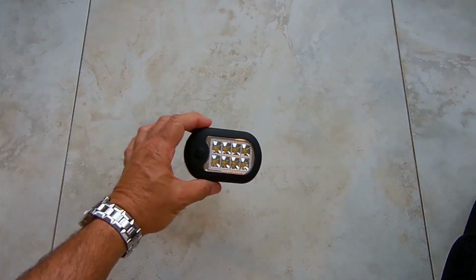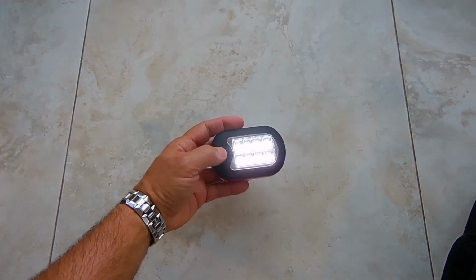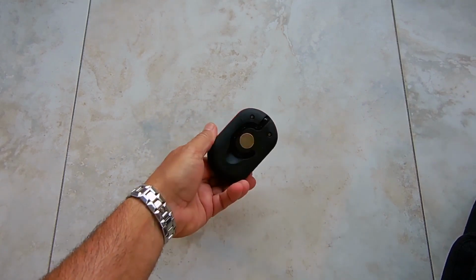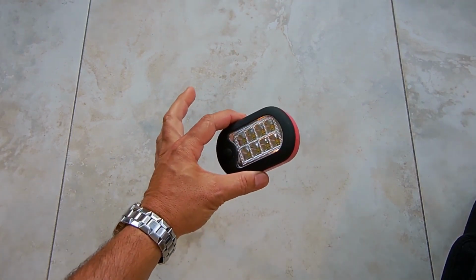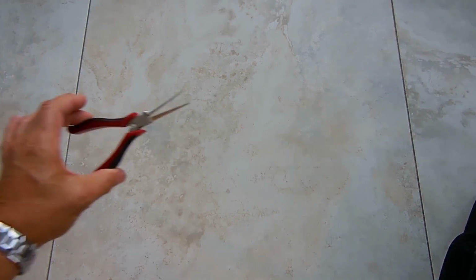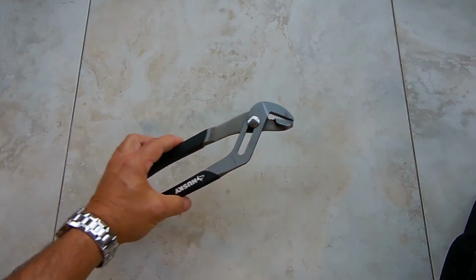Here's an additional light. Picked it up at Harbor Freight. Very, very bright. And it also has the end that lights up. And you can secure this using the neodymium magnet under your hood or any other location, even under the vehicle, if you're working. A pair of needle nose pliers, channel locks,